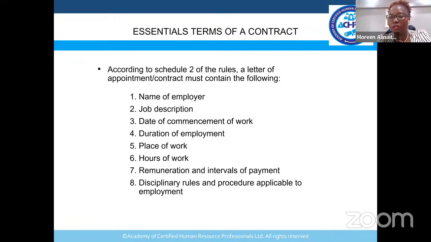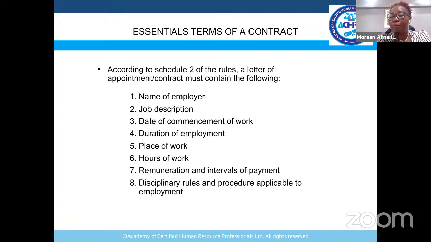So they now did a legal notice, and they incorporated some of these things, which we'll be discussing in the middle, because sometimes you're wondering, where, for example, in the act is it provided for the specific terms of a contract? The act does not specify the essential terms of a contract, but if you look in the second schedule of the rules, that is Legal Notice number 28 of 2014, you will find that the contract must